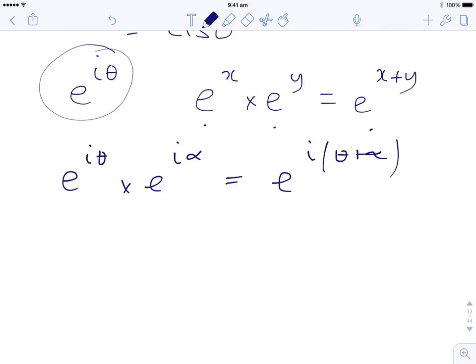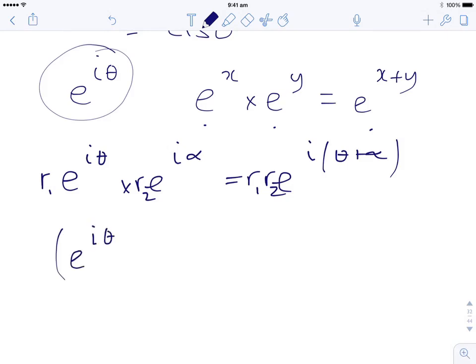Okay, so if we're multiplying two complex numbers, we know we add the arguments, and that's true in this case here, following those index laws. If we had an R1 here and an R2 here, we'd know we'd be multiplying the modulus as well. So multiplying and dividing, raising a complex number to a